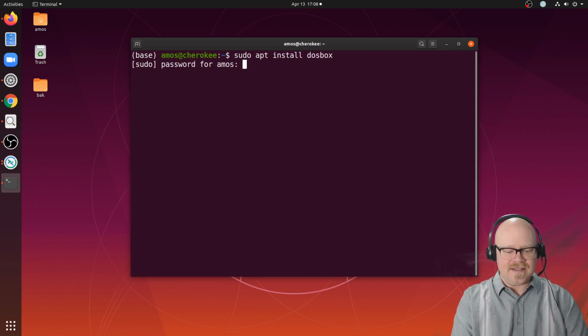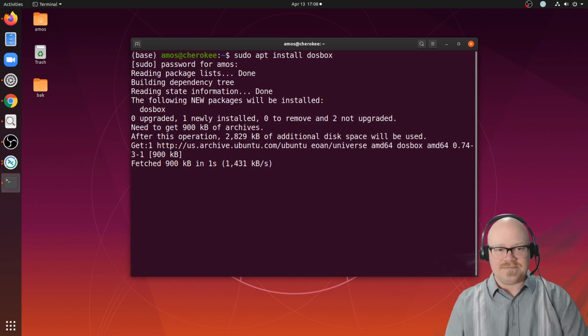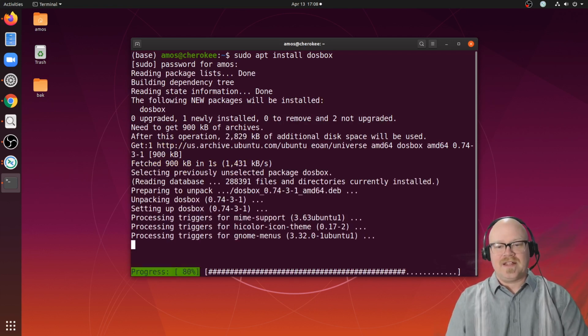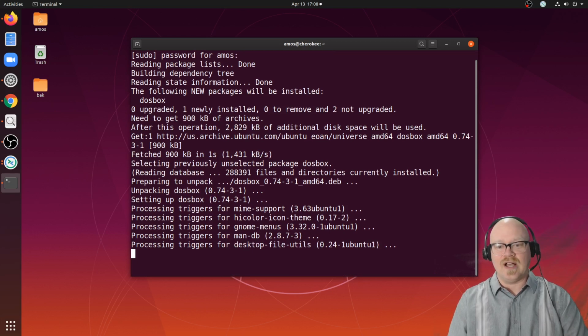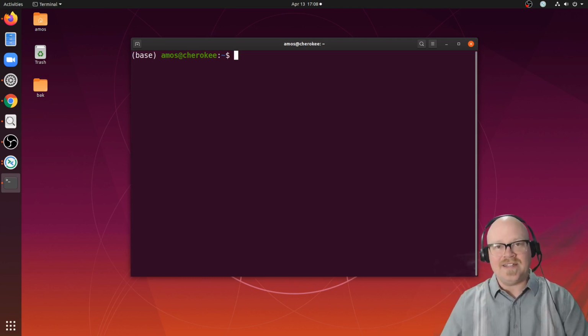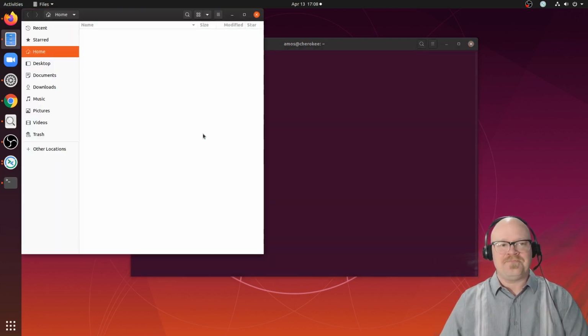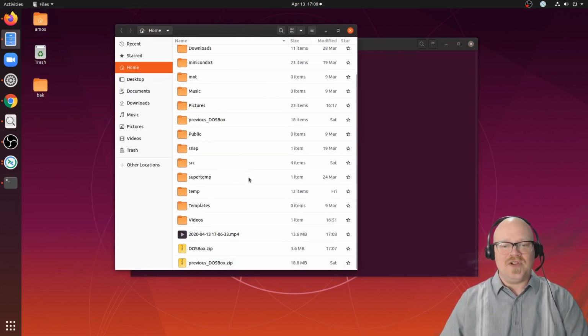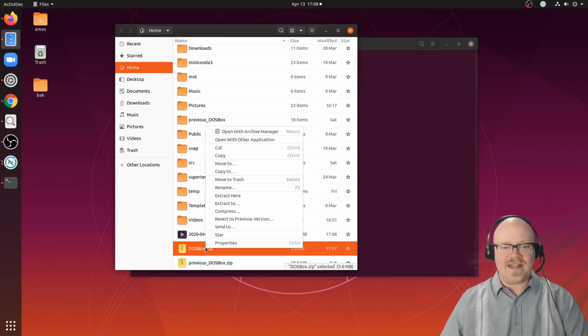In my case, after entering the superuser password or my password, it'll go through, quickly acquire the Dosbox software and install it. It's not very large, so it shouldn't take too long. There, it's done. So now I need to point Dosbox at something. So I'm going to open up my file manager and go to the home drive where I've got this zip file, and I'm going to go ahead and extract it here,